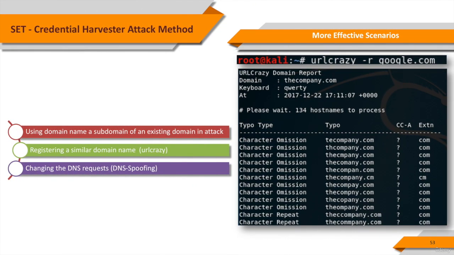To make the credential harvester attack more realistic, you can use some tricks. For example, you can use the domain name of the target company as a subdomain name of your registered domain name. Suppose that you're the owner of the xyz.com domain, and the domain name of the target company is thecompany.com. You can prepare a URL like